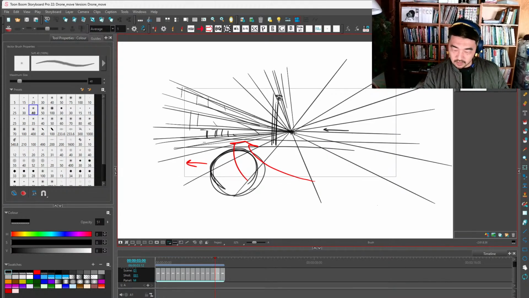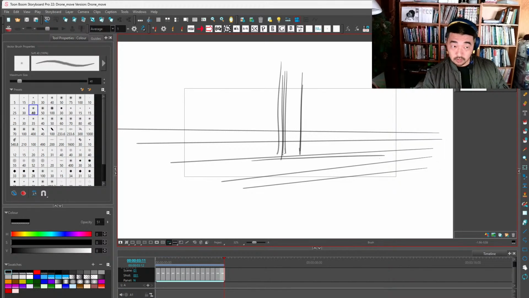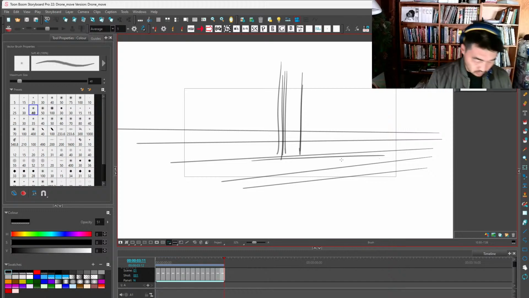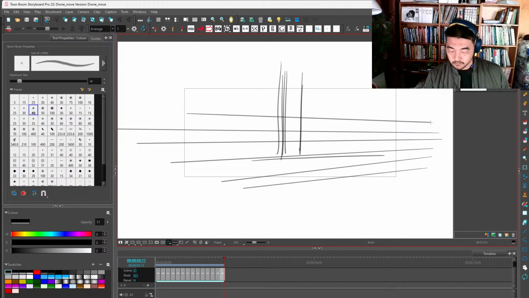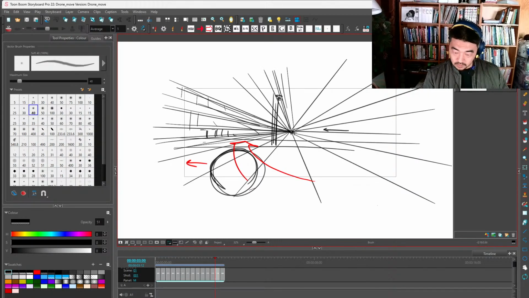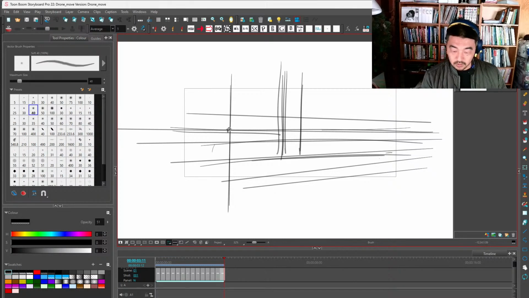Because right now I got a cell that we're going to go around this pole. So come this way. Again, here's the vanishing point. We're going to be moving it this way. Here's our vanishing point that I'm moving.